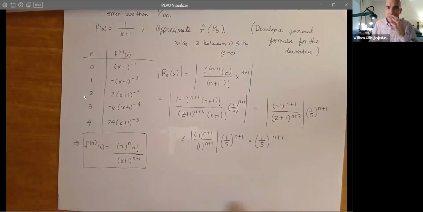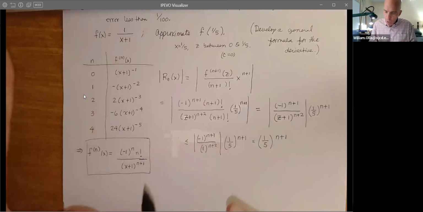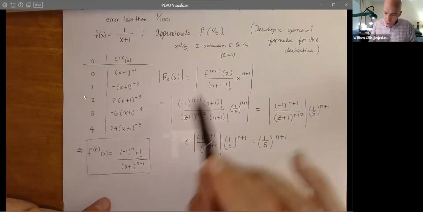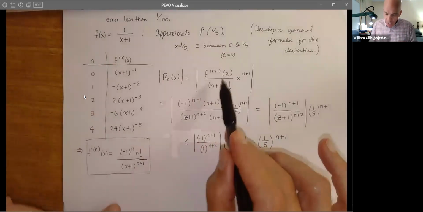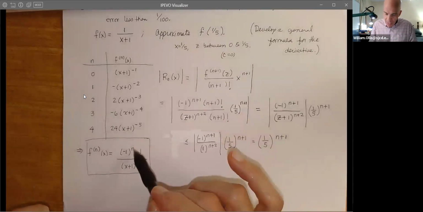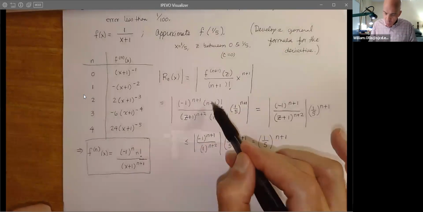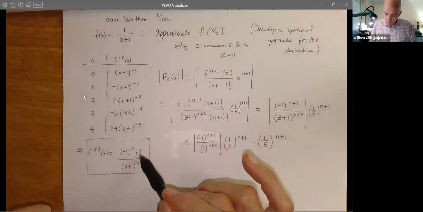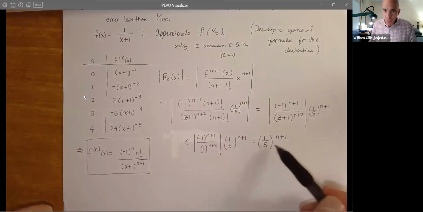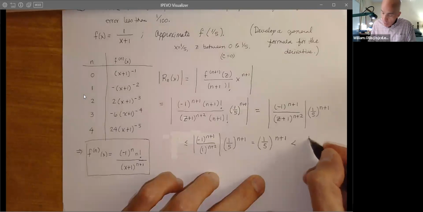So now this is what I was talking about. The derivative is easy, but it's a little bit more complicated, because when we go to the n plus first derivative, we've got to make the correction replacing n with n plus 1. And then, of course, the n plus 1's absorb here and here. And so we're left with this simple thing. And this must be less than 1 over 100.